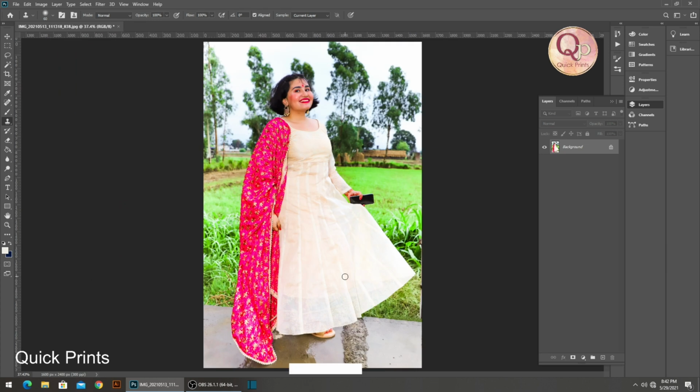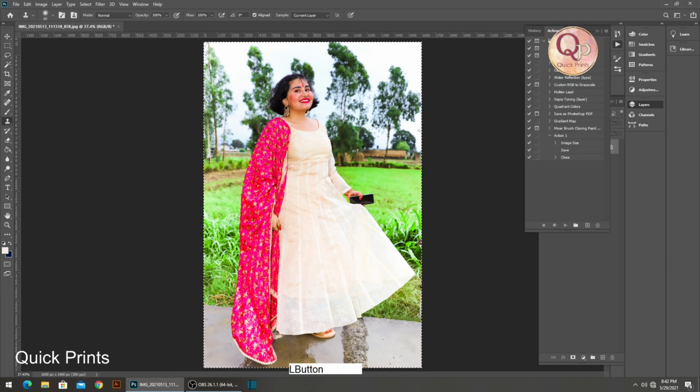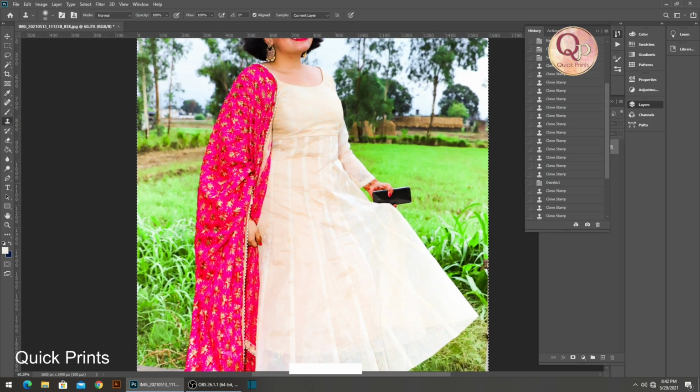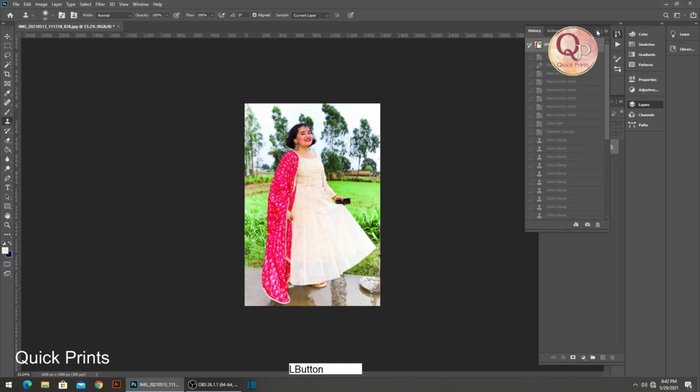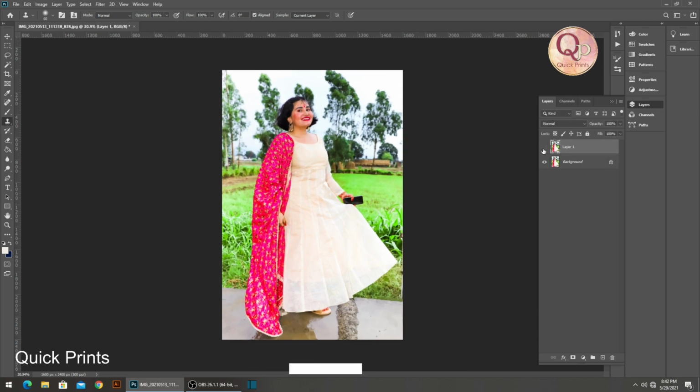So like as you can see, let me show you again with the same mistake. The control before and after effect of this image. Here is the original, right? Here is the edited. So before and after of the image, right? Hope guys this video is making clear sense to you.